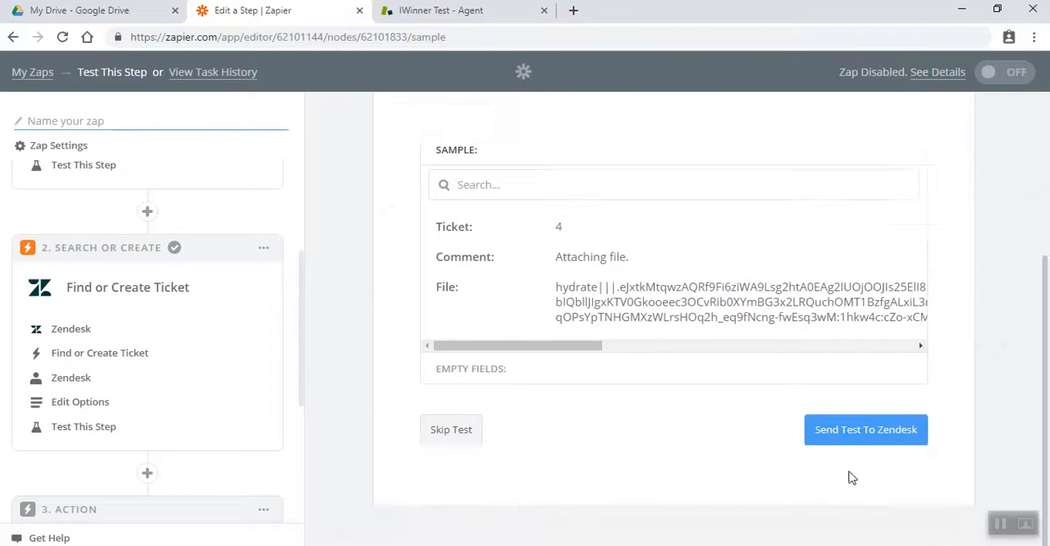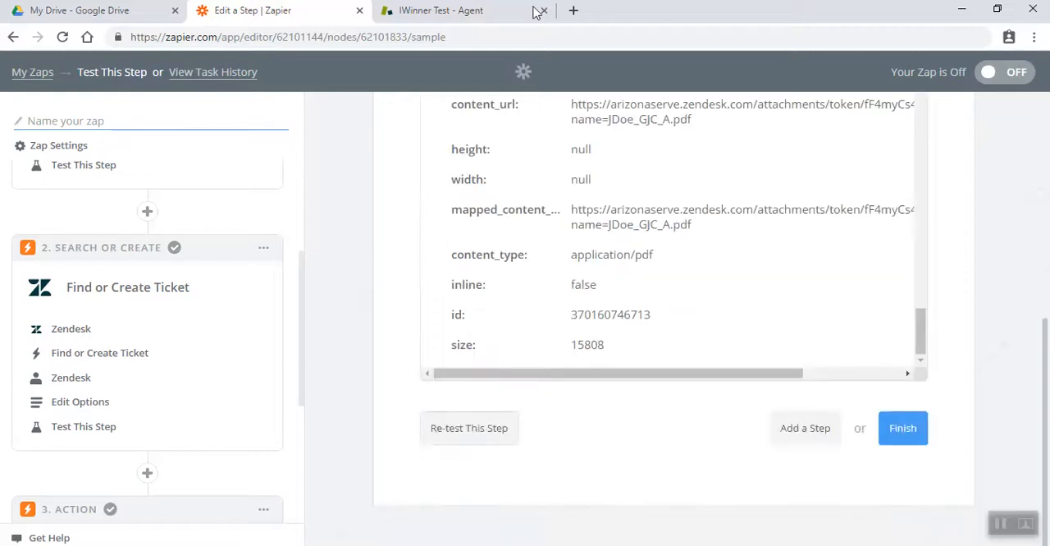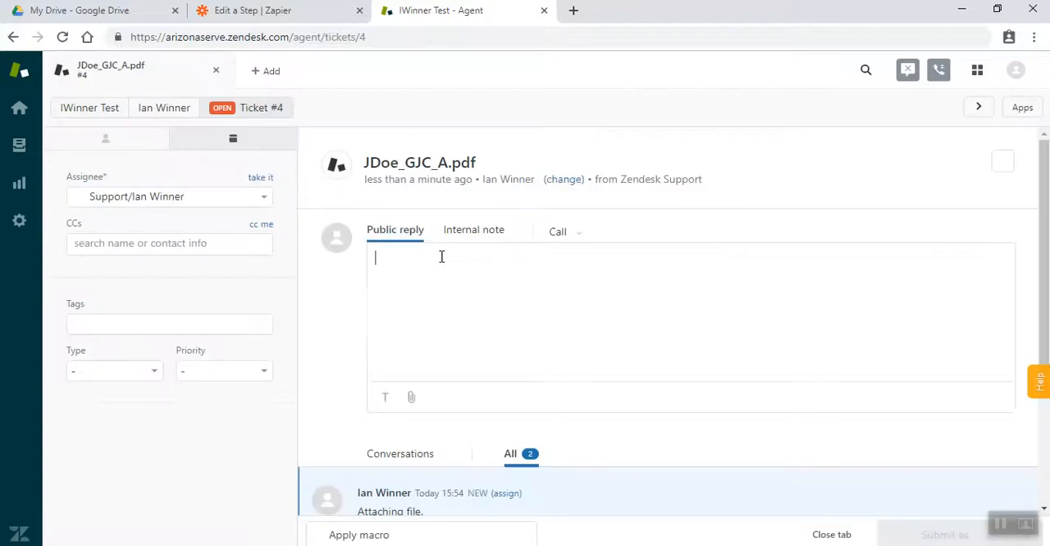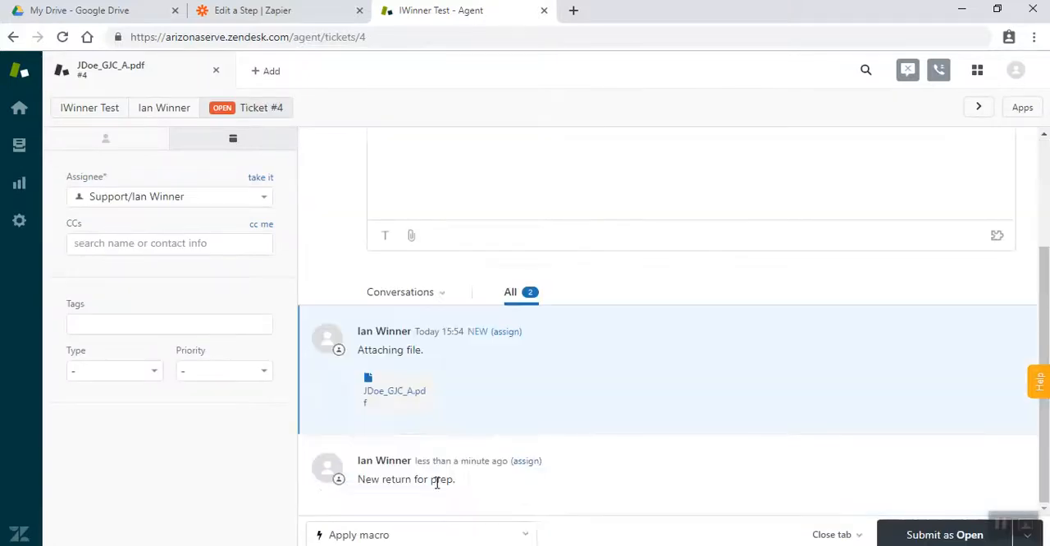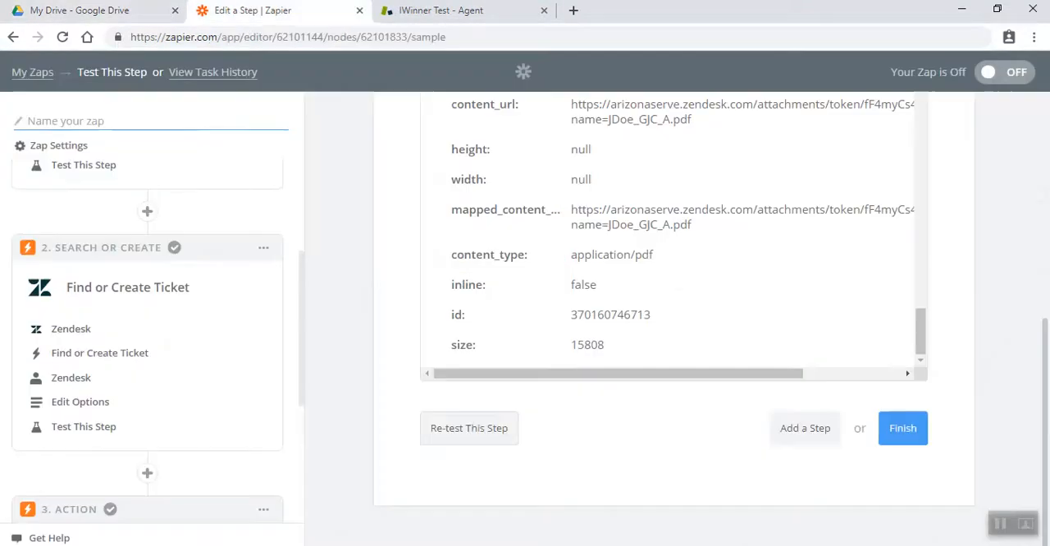So we're going to finish with this step, send test, and everything was successful. Test attached file was sent to Zendesk. So if we go here, we go into the ticket, and you see new return for prep, and you see attaching file, and there's the file that will be the same as the one in the drive. So then we finish that,